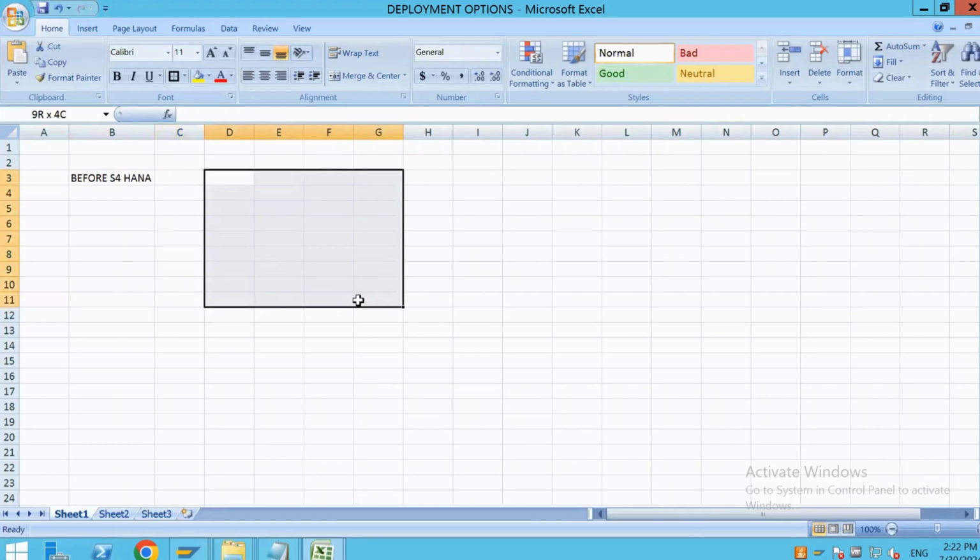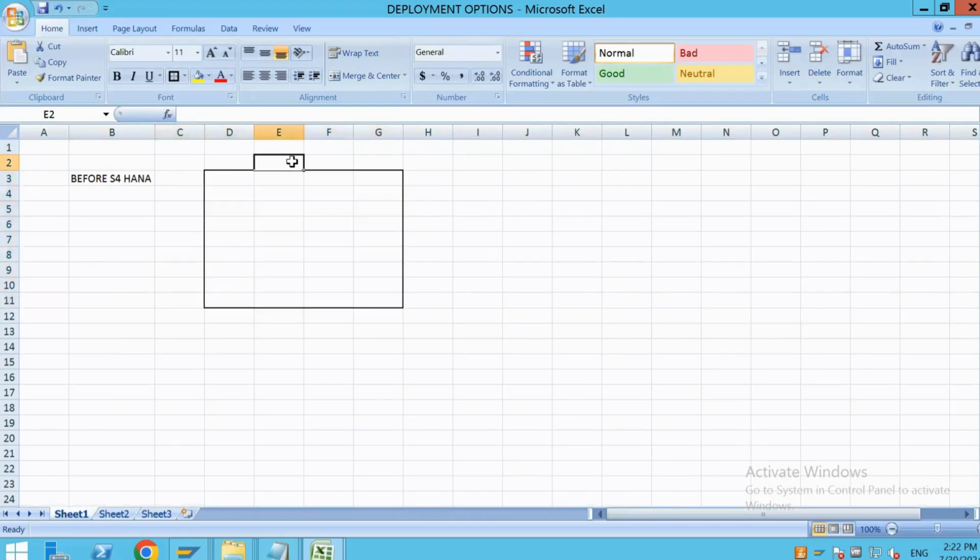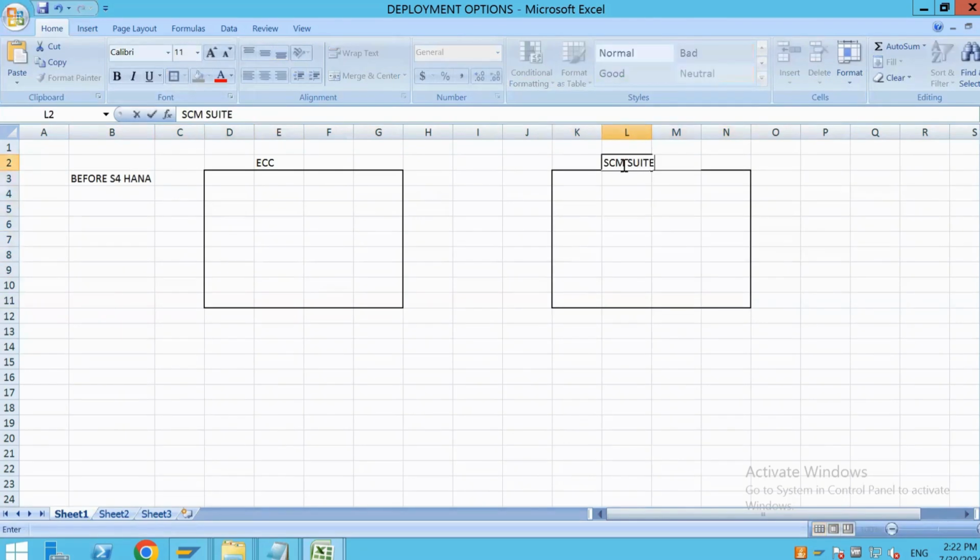Before S4HANA, customers used to have two different servers. One is the ECC server, and the second is the SCM suite server. In the ECC server, they had the basic modules: MM, SD, FICO, PP, QM, all your basic modules. In the SCM suite, in 2005, they came up with SCM 5.0. There they had modules like EWM, APO, TM, EM. So a total of 5 modules were there. These 5 modules were introduced in the SCM suite on a different server, and ECC was a different